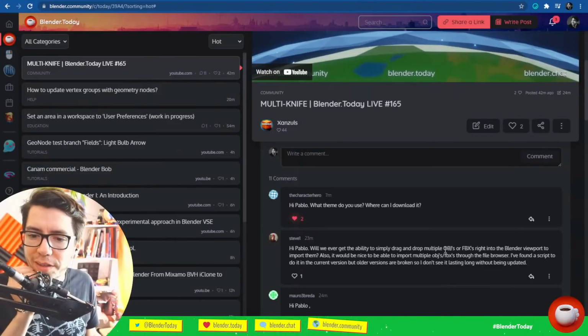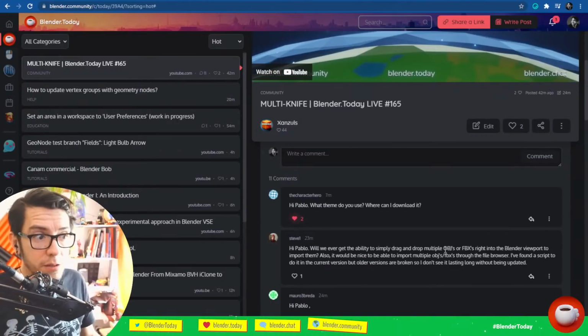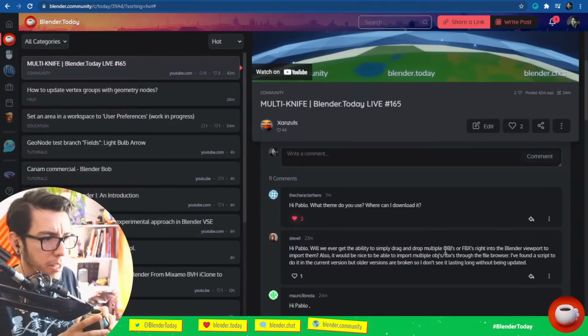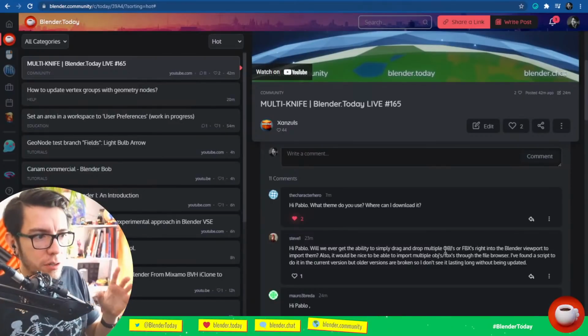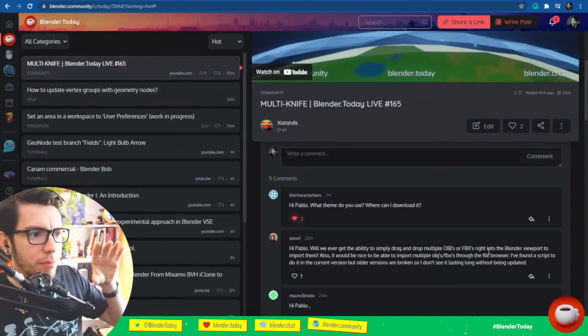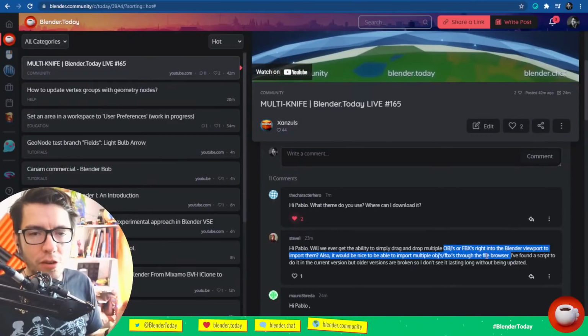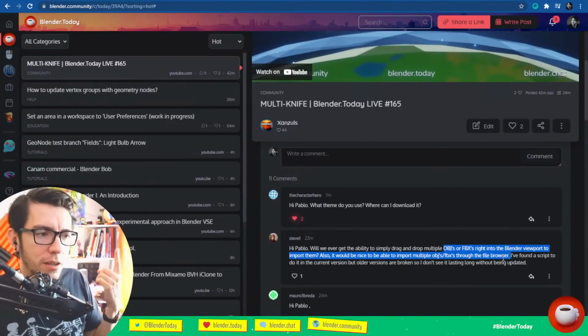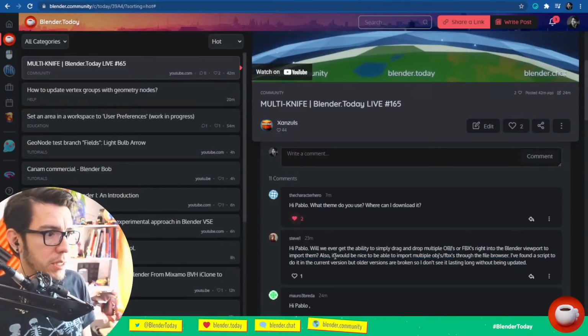I don't remember the name of the patch, but it's being worked on by someone in the community. Basically, the long story short, it's not so easy because there are add-ons, and the fix will be to let any add-on, not only FBX or OBJs, register drag and drops, like drag and drop areas.